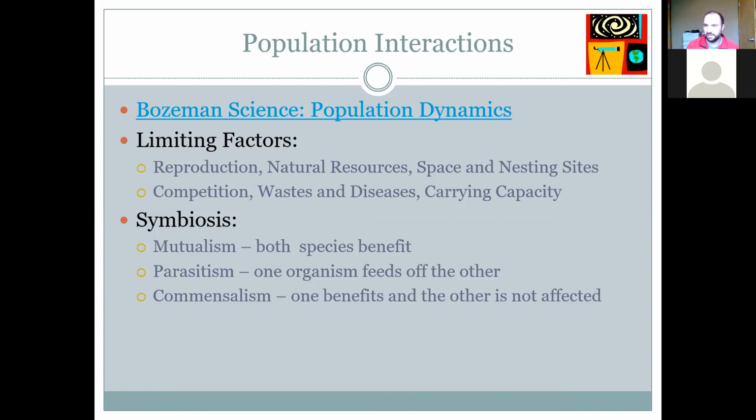Parasitism is just what it sounds like when you think of a parasite, right? You have something that's living off of something else. One organism feeding off of the other. So leeches literally glom on and suck blood out of the animal they're attached to. That's not benefiting the host animal, that's just benefiting the leech. So that's parasitism, right? And then commensalism is where you have one benefiting and the other not really being affected,